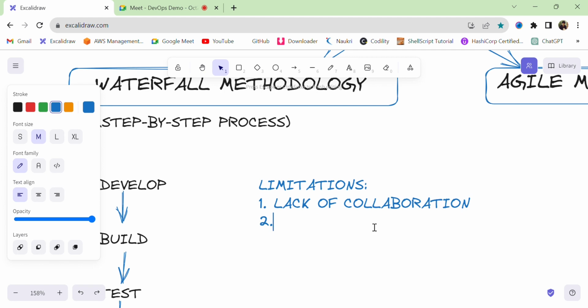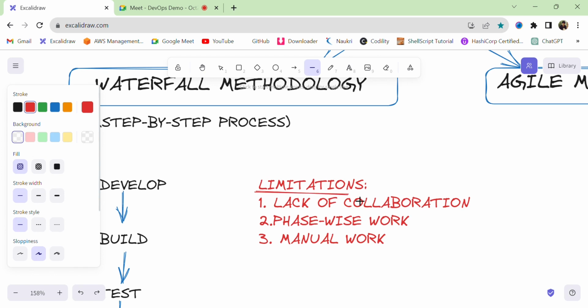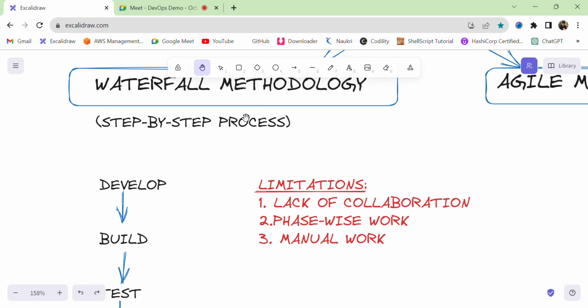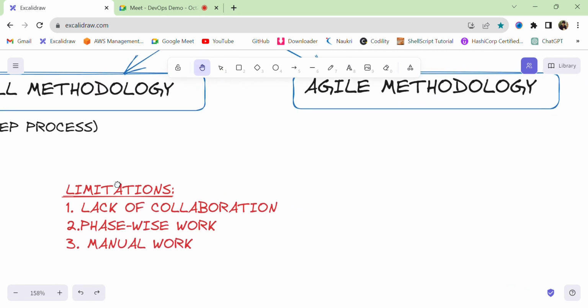Second, it was more of a phase-wise work and manual work. Okay, manual, we can say the job was done manually. Most of the manual work was done. So let me just highlight it as red. So these were the limitations of waterfall methodology, wherein a group of people just came together and